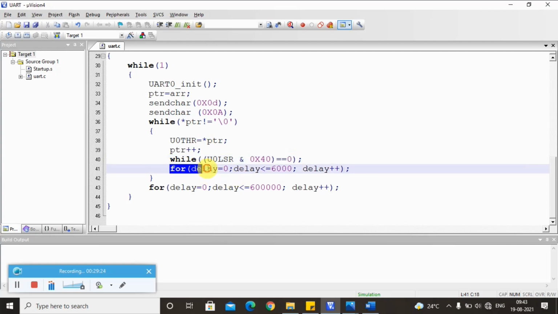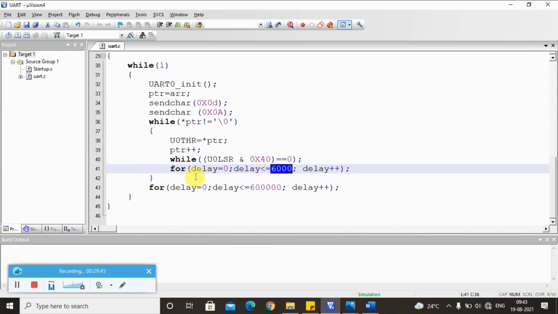So while you display, please provide a proper delay here, and you can see we had given a 6000 delay, because the processor works too fast. Now if you want to see the output slowly and steadily, then you can give a proper delay so that you can see each and every message displaying onto the console or in the internal UART clearly.